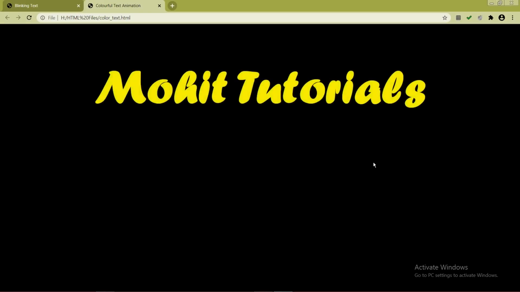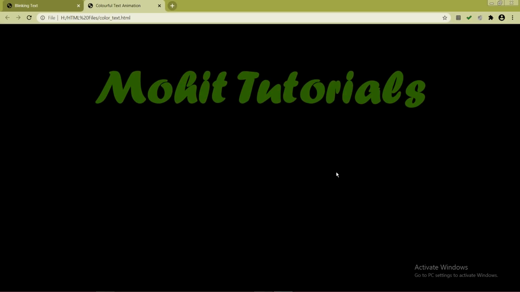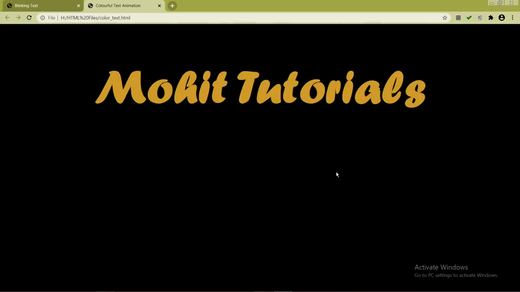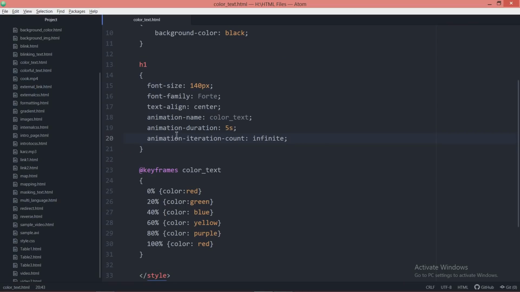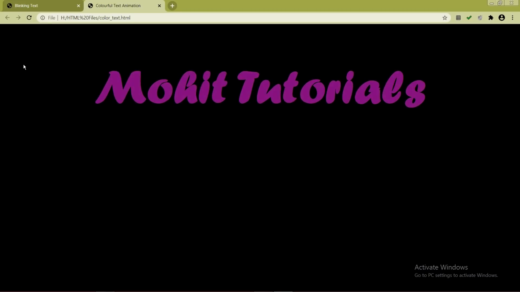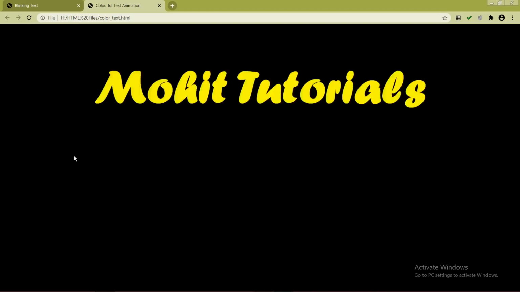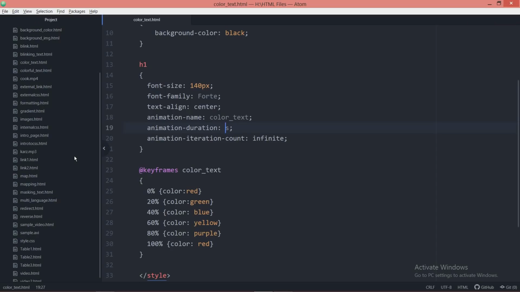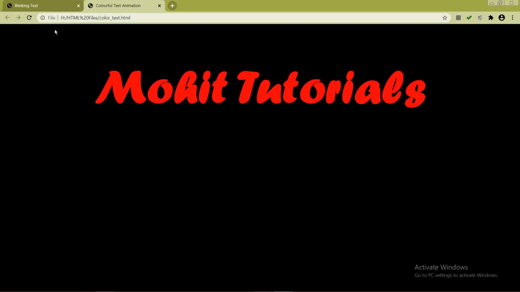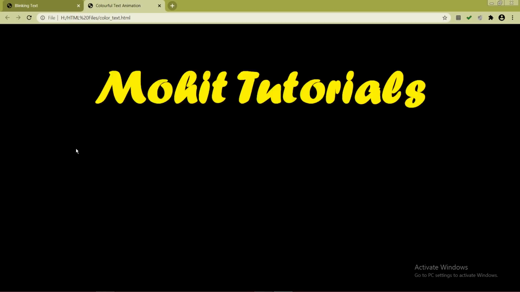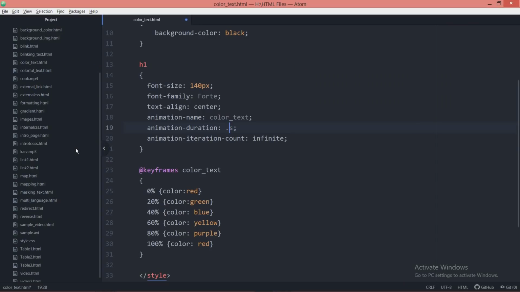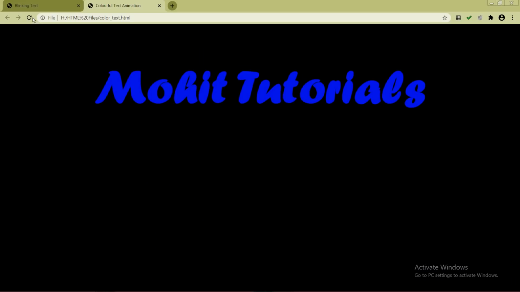Now if you want to increase the speed or slow down the speed, you have to change its animation duration. If I set it as 1 second, you can see it will run fast. Just refresh the page now. See, it is running fast. Now if I want 0.2 second, it means it will increase the speed more. This is as per your own requirement, what speed you want to maintain. Let it be 0.5, half a second, the exact speed which I want to set.